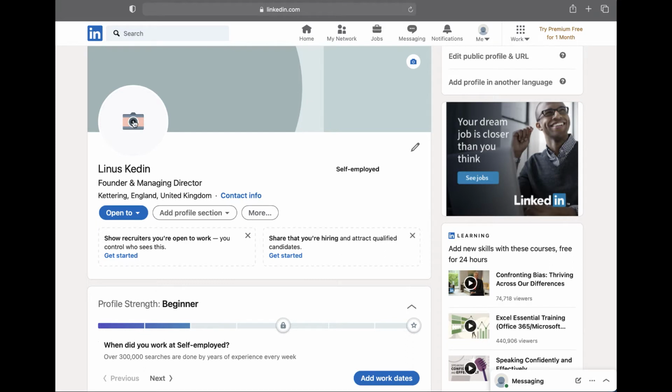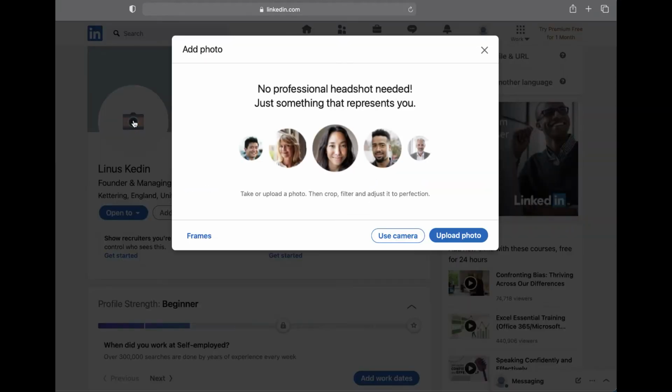So if we click on that camera, we need to take or upload a photo. I'd strongly recommend that what you do is to prepare a photograph ready for upload. It never looks great if you just simply take a picture using the camera on your phone or on your MacBook. So let's click on the upload photo option,